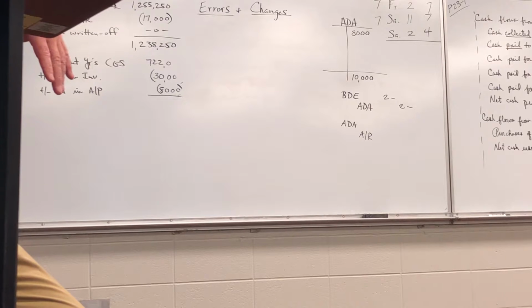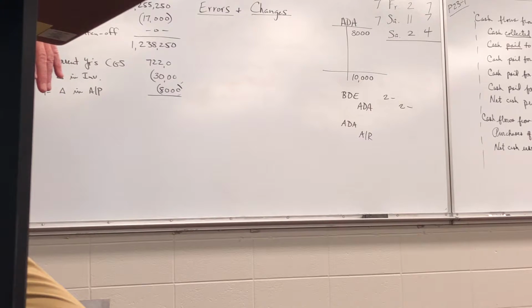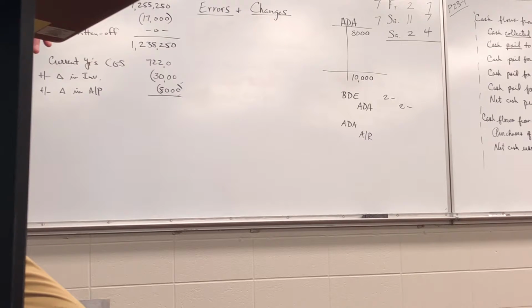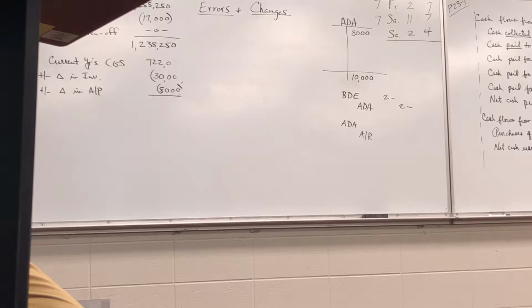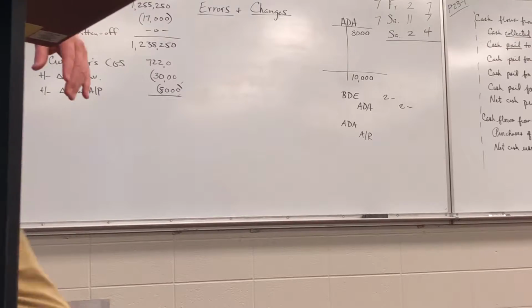Is that it? Errors is restate. Don't reissue those financial statements with what you know are wrong numbers. Go back and restate the financial statements, fix them. And you say, okay, the error happened in 2012, and we're only issuing 17 and 18. Then you go back and make an adjustment to the beginning balance of retained earnings for the earliest year presented, 2017. Okay? That's really easy correction of an error. Now,